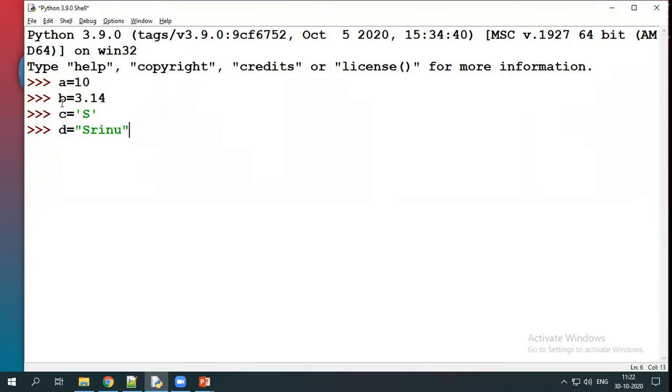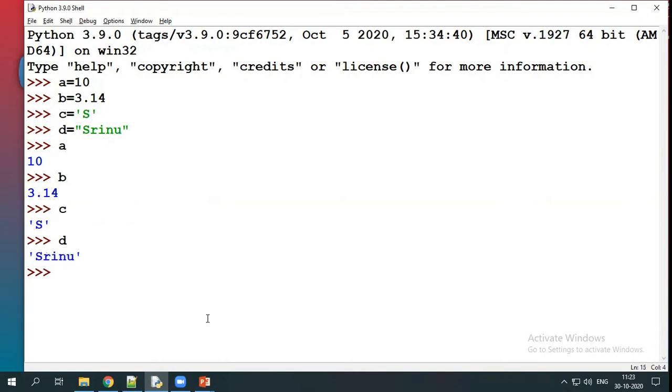A is an integer, b is a floating point, c is a character, d is a string. If I print them, a is 10, b is 3.14, c is s, d is Srinu. Even though it is a character, Python will treat it as a string. So now it is a complete string here.